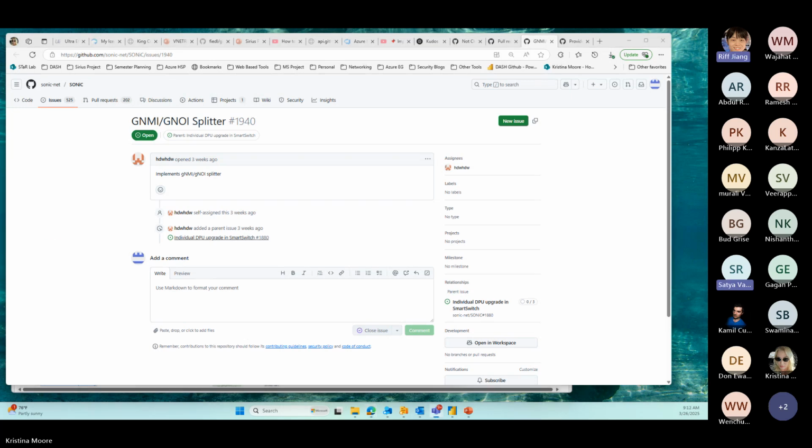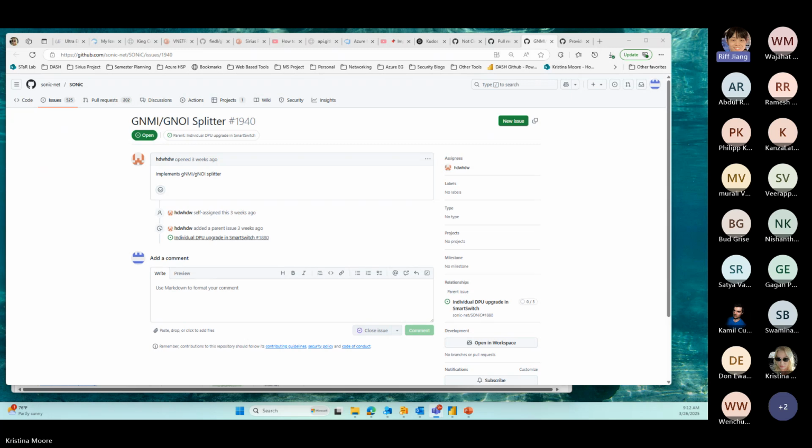It literally just splits off the DPU side of the request, going to the SWSs. Whatever configuration lands on the DPU side of the gNMI is forwarded to the SWSs, and the SWSs program everything just like normal.